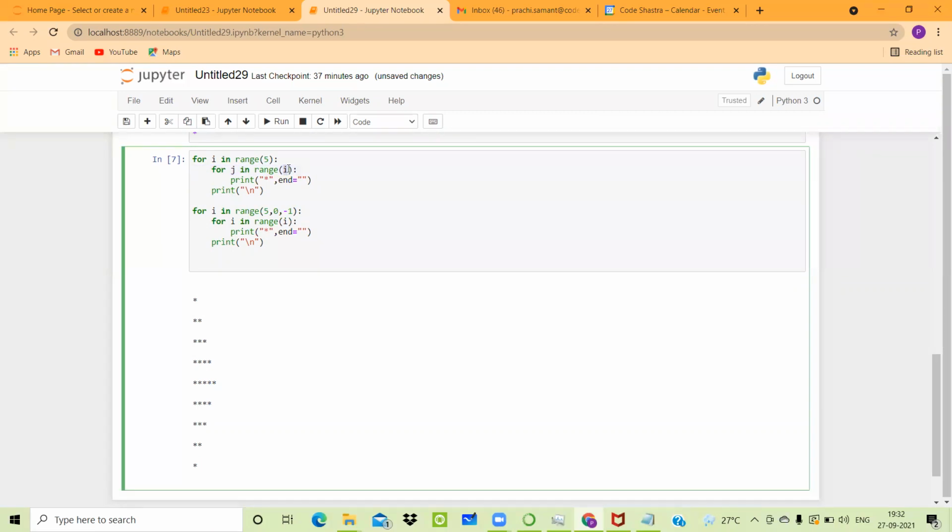That means it will always be less than the value of I. I just hope the statement is clear, because when you write for j in range of I, the value of j will always be one less than I, because your limit is I. When you are saying that I has a limit of 5 and j has a limit of I, whatever the value of I is, your j can iterate only till that value -1. That's basically what this indicates. That means if I can range till 5, your j can range till 4. That's basically the meaning of the statement.